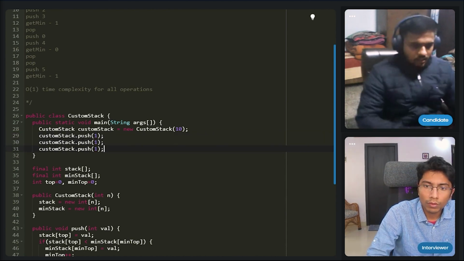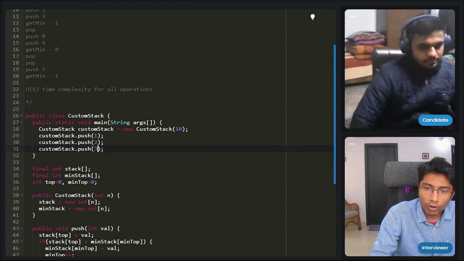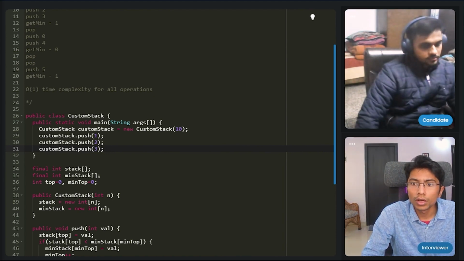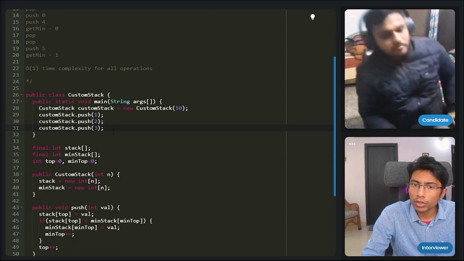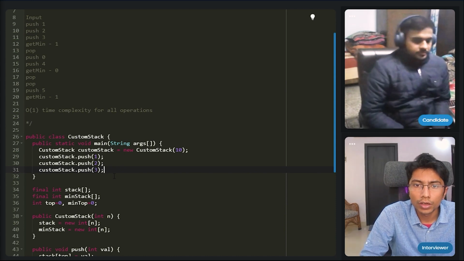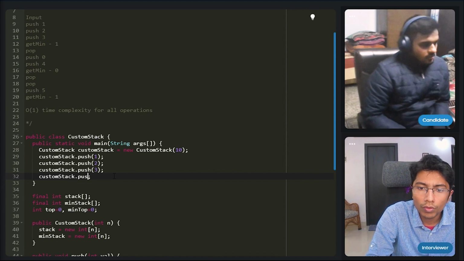Can we run on this IDE? No, we cannot run here, but what I'll do is I'll try to run it on maybe IDE1, and I'll just share my screen. But I'll just write down the operations here. Got it. Yeah.